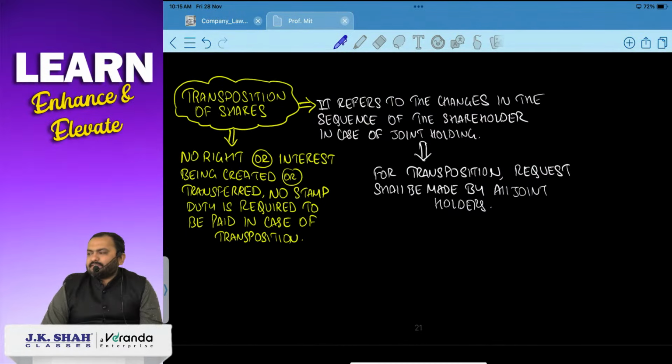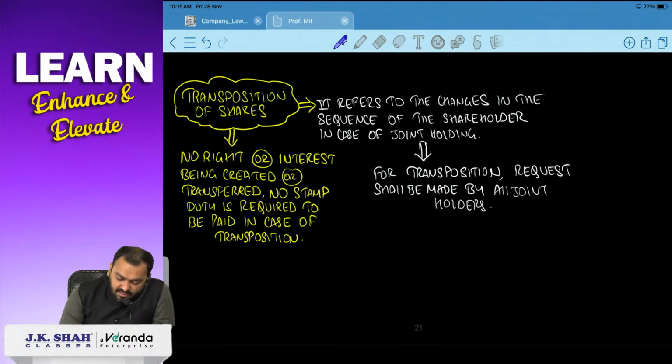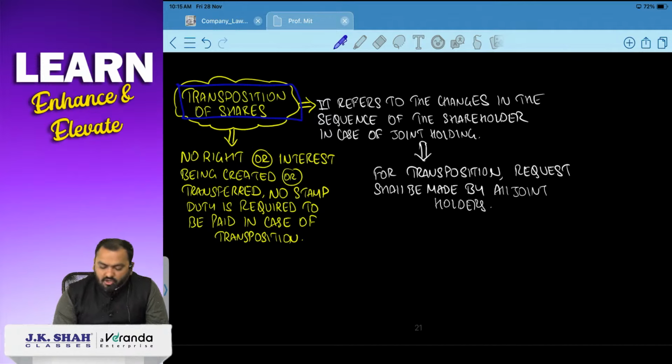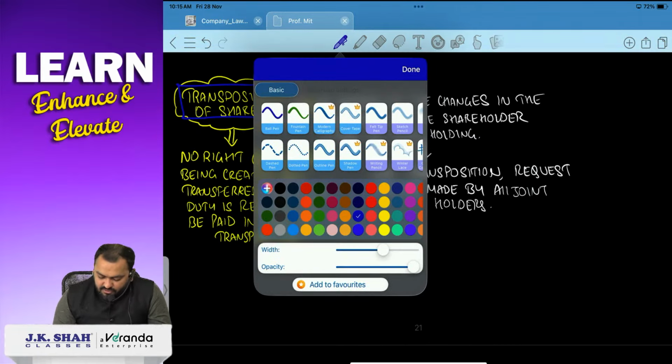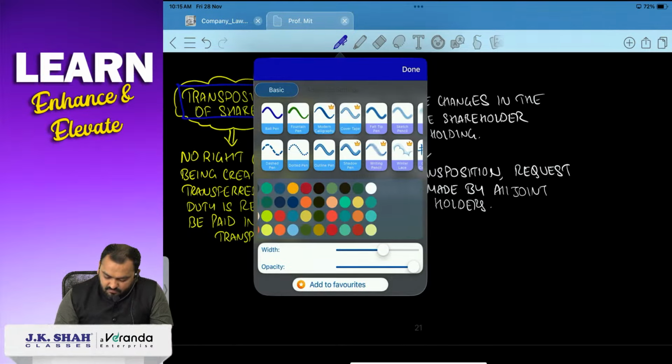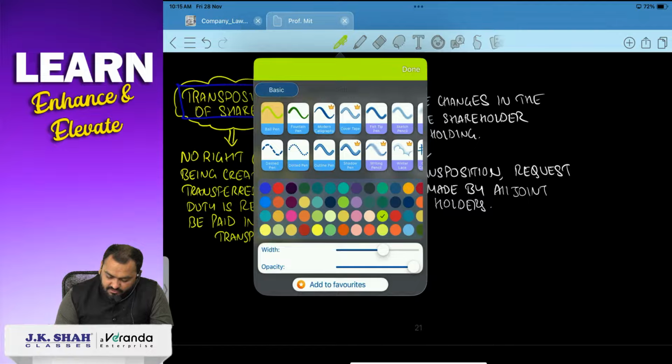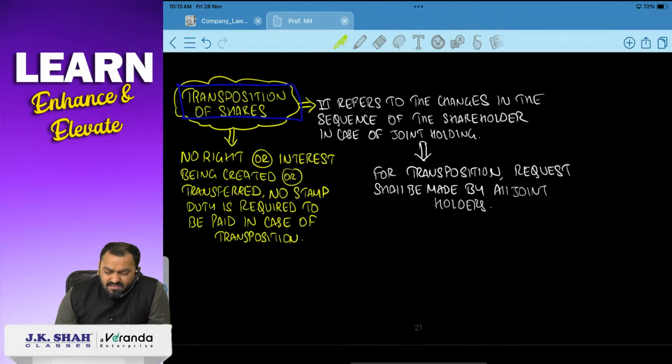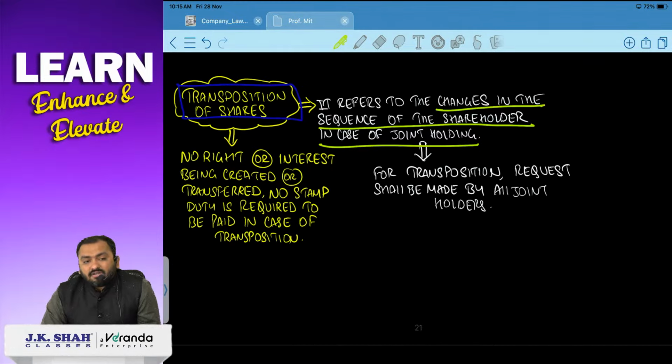Okay. What is next? Next is transposition of shares. What is transposition of shares? See, transposition of shares is a very simple thing. Transposition of shares means it refers to the change in the sequence of the names of shareholders in case of